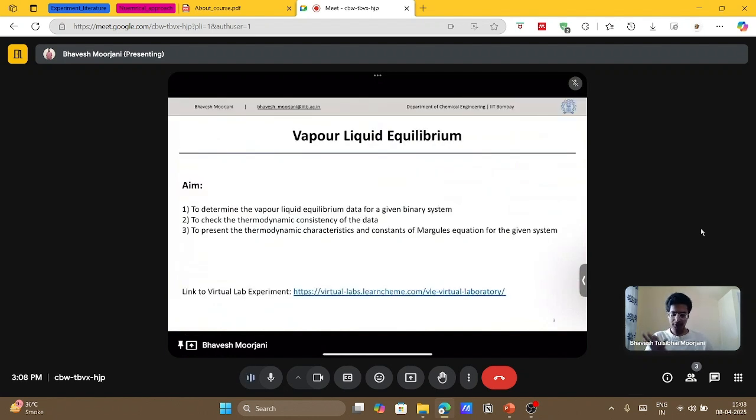Our aim here is to find the vapor liquid equilibrium, the VLE data, for a binary system, and then to check its consistency with the thermodynamic model. For that we will be finding the constants for the Margules equation. So we will be using the Margules equation of activity coefficient. What are the details of this experiment? I will come to that part also. But before starting,